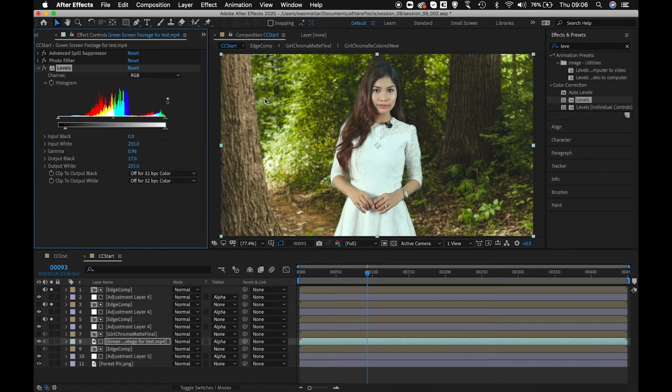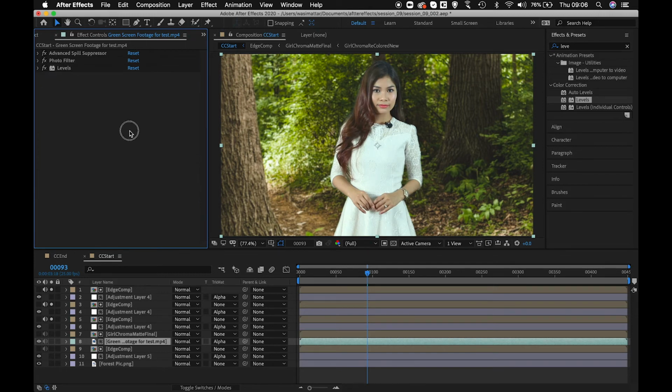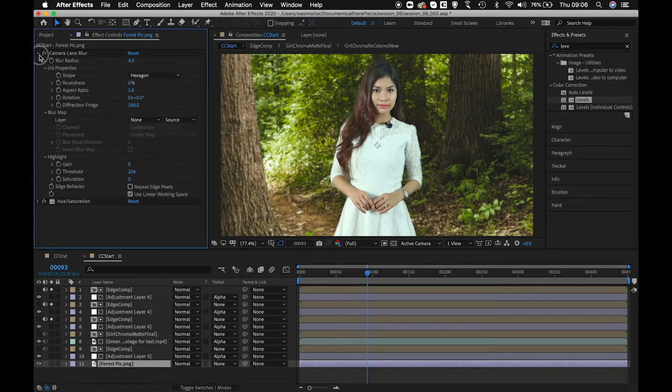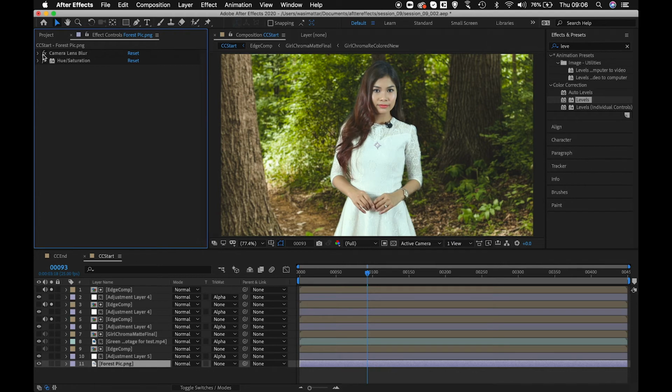But then still, if there is a girl standing in the forest, with trees all around, there has to be some more green over here. So one thing is you can play with the photo filter, which we have already done, but we'll be doing a different technique now. I'll take this forest pic which is there in the background and I'll make a duplicate. I already have done some tweakings over here, like I've added a camera lens blur for basically blurring the image, because when I got the image it was this sharp. Like if I just turn this effect off, can you see that? It was quite sharp, so I just blurred it a bit so that it gives me a lens effect.